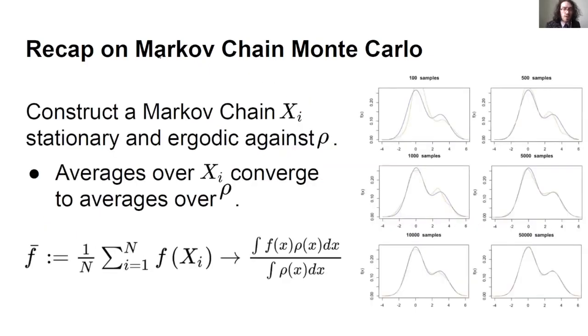The way that we solve this problem, Markov chain Monte Carlo, is we construct a Markov chain that is stationary and ergodic against rho. What this basically means is that averages over this chain, which is a stochastic process where I just perform a sequence of jumps from point to point, converge to averages over rho. Basically, I take my trajectory from x_i, starting at 1 all the way to n. I average over my trajectory, and for enough samples, this is going to converge to my average against the density